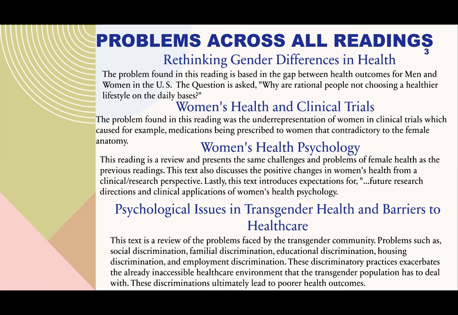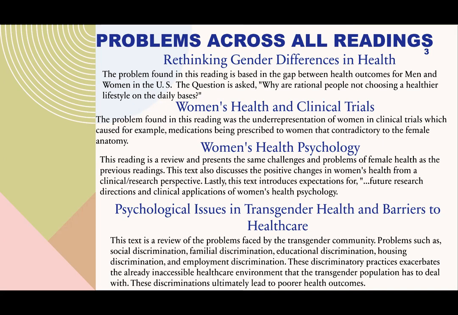The next reading, nicknamed Women's Health and Clinical Trials, the problem found in this reading was the underrepresentation of women in clinical trials, which caused, for example, medications being prescribed to women that was contradictory to the female anatomy because the research trials were all geared toward men, and men were the only subjects of those trials. So women were underrepresented, causing poor health outcomes for women, and a pretty big gap between positive health outcomes